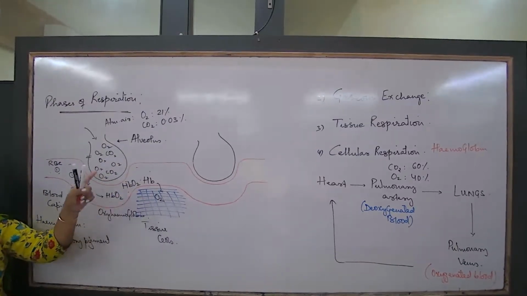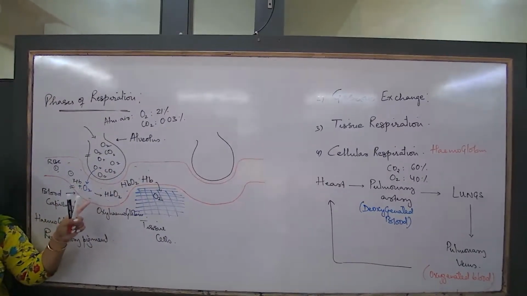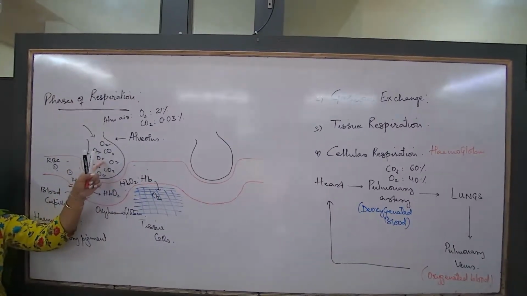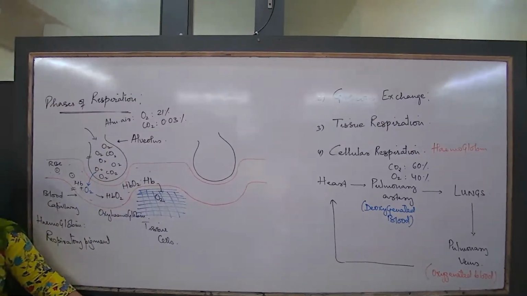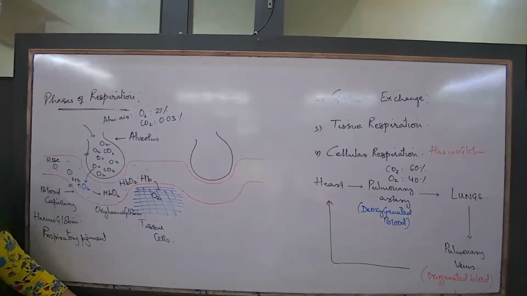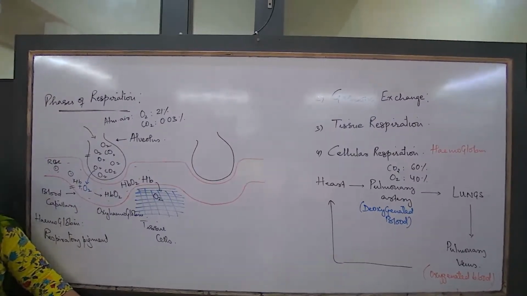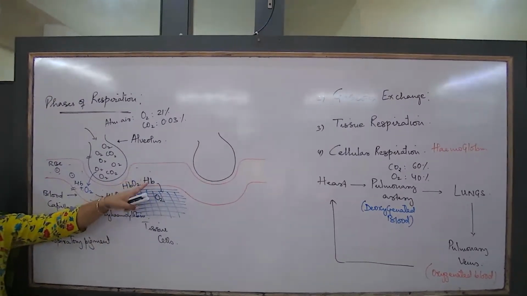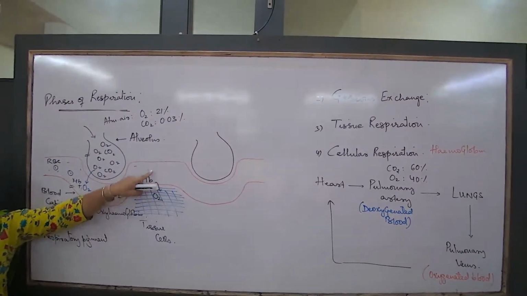When I am comparing the alveolus and the blood, where is oxygen more? Always in the blood. So the movement of these gases is always from a region of high to low, and this same simple rule applies all throughout. So now when I talk about this oxyhemoglobin which is in the blood,